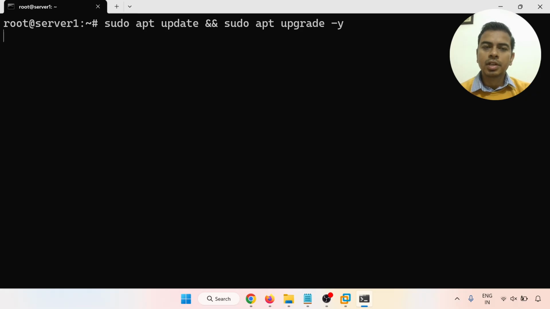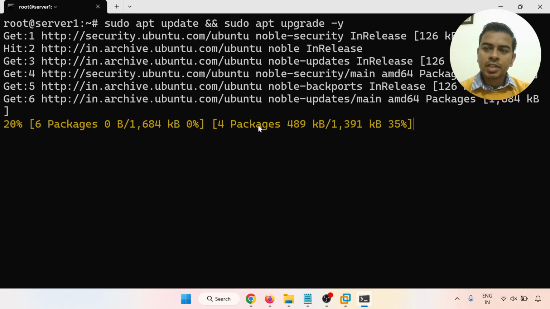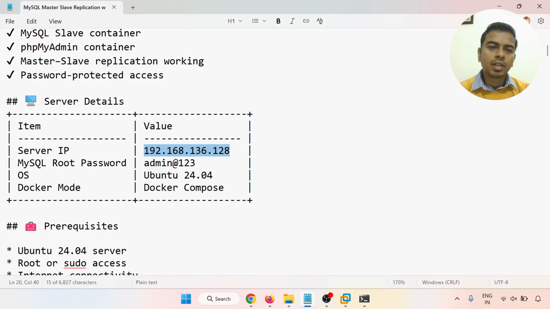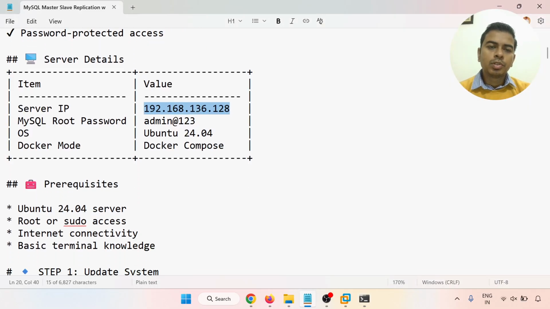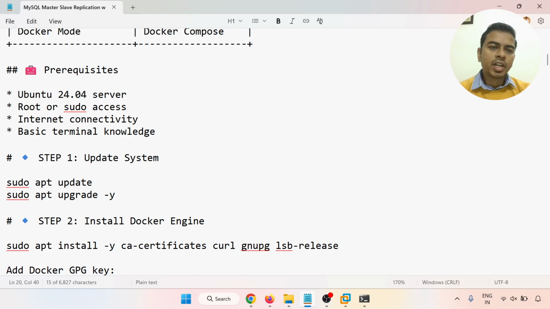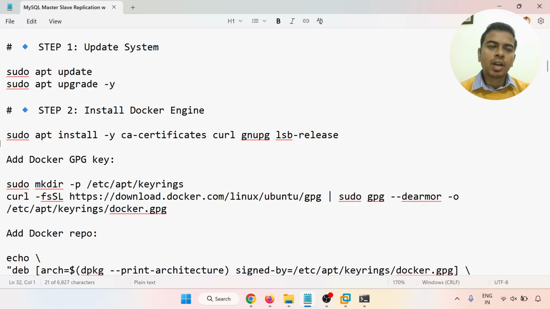Whenever you are working with a server, just update and upgrade the system packages. So username, password for the server, while installing the server, I have given all the things. Now the prerequisites: an Ubuntu server, we have root and sudo access, we have internet connectivity, and basic terminal knowledge. This is okay. So now we'll update and upgrade the system, we have done. Now I'll just